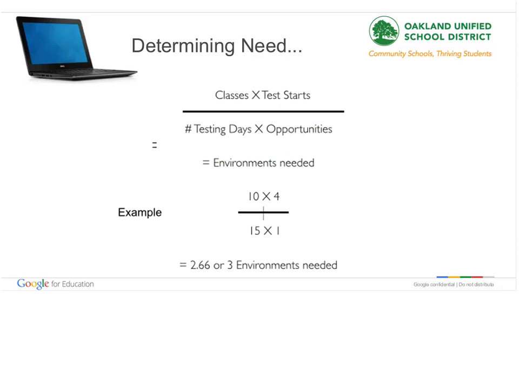And by doing a little bit of algebra, instead of figuring out how many days it would take to test, you can figure out, okay, I want to finish testing in 15 days, and with the other same variables, you would realize that you needed 3 environments. So in that sample school, we provided them with 3 Chromebook carts that were all ready for testing. Also, the beauty of the Chromebooks, we were able to deliver completely ready-to-go carts for each site by using a third party that set everything up.